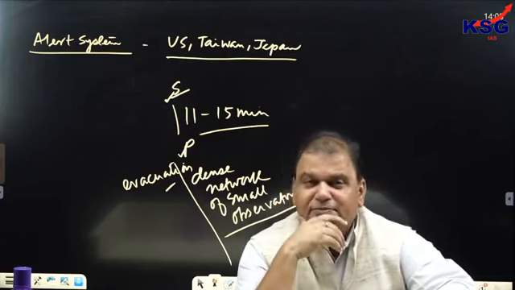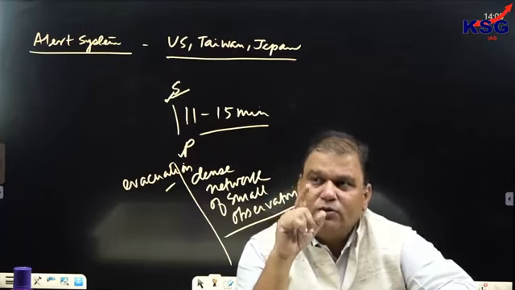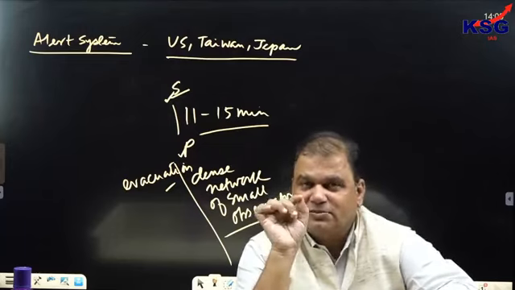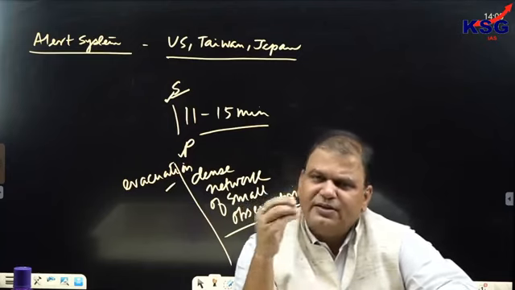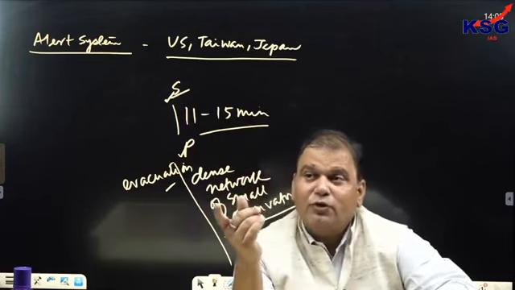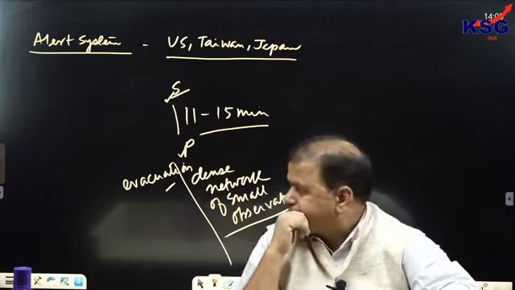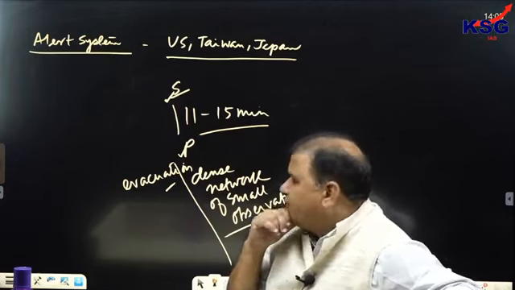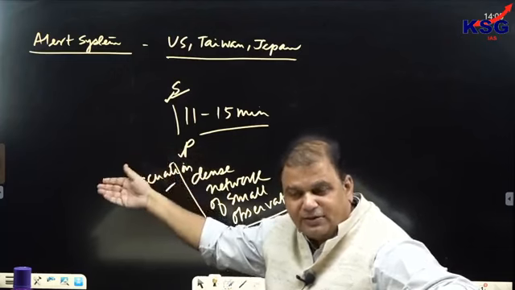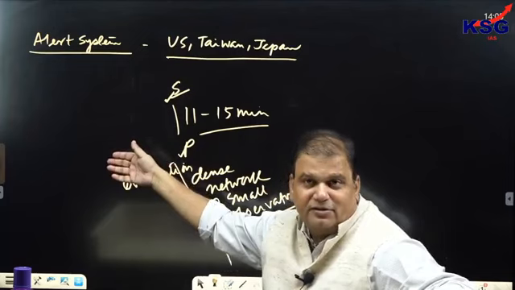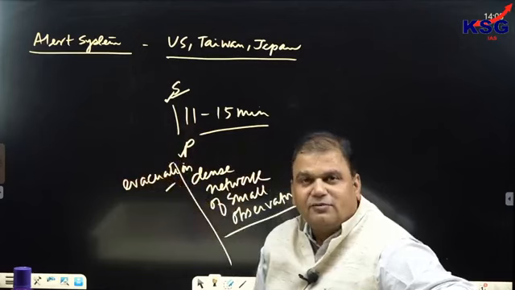See, for disaster management, there's a book by the Ministry of Home Affairs itself. You can look into the latest edition of that book, Disaster Management in India. Everything you'll get in that book, but you have to update it with contemporary issues. So 11 to 15 minutes is enough to save your life, but it's not enough to save your property. Clear? So this is how the alert system works.